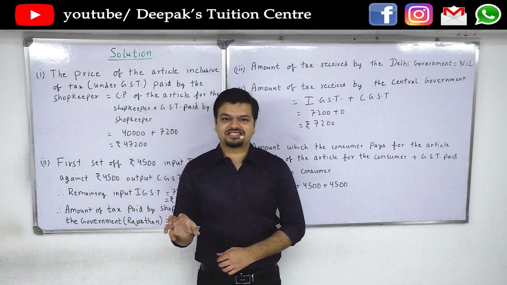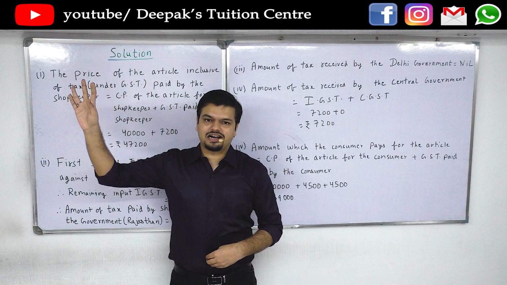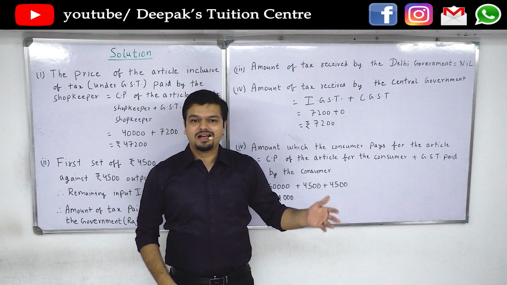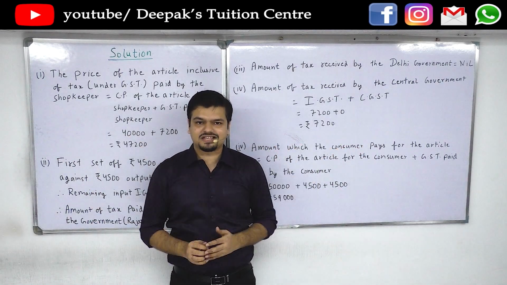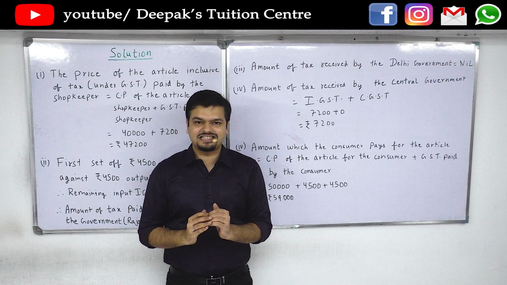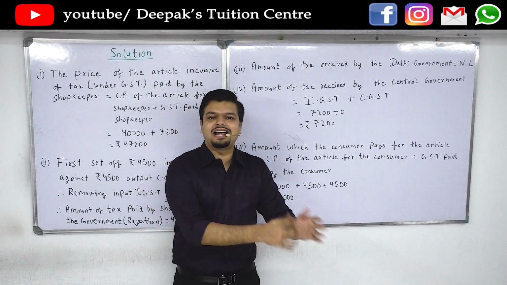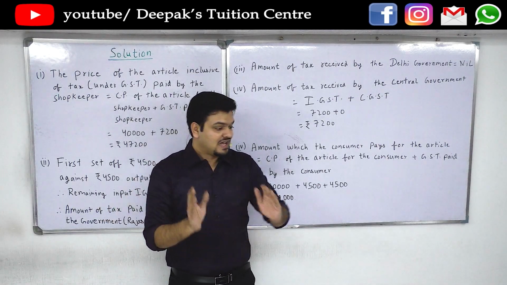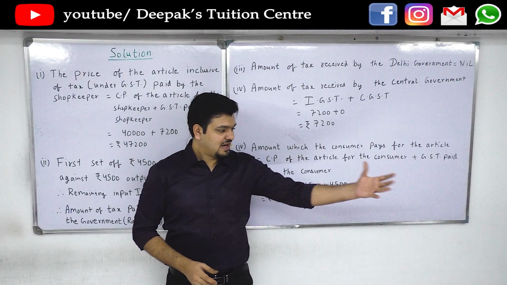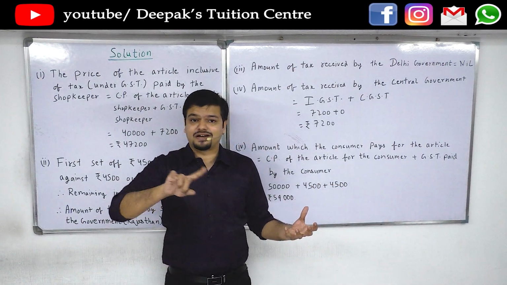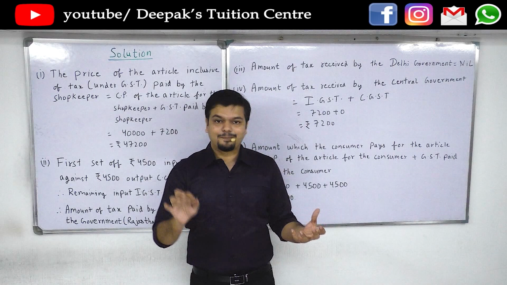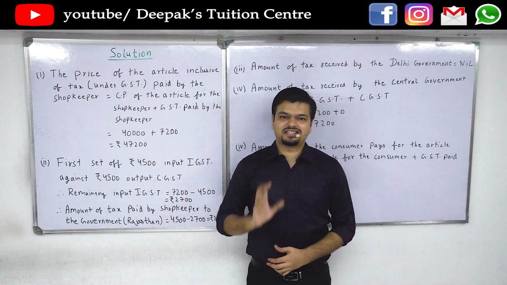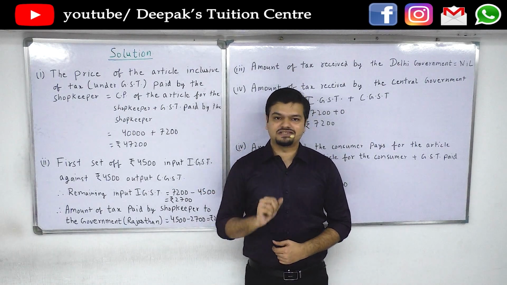So the remaining IGST, he will not say that okay, I will settle the matter with central later. Now I will pay 4,500 to state. No, he will tell the governments to settle it among themselves. So therefore the governments have made the process easier and they have asked that you deduct the amount of the remaining tax that you should be getting the benefit of from the state government's part. So therefore from the state government he was supposed to pay 4,500, but now he will pay 4,500 minus 2,700. So therefore the government receives 2,300.